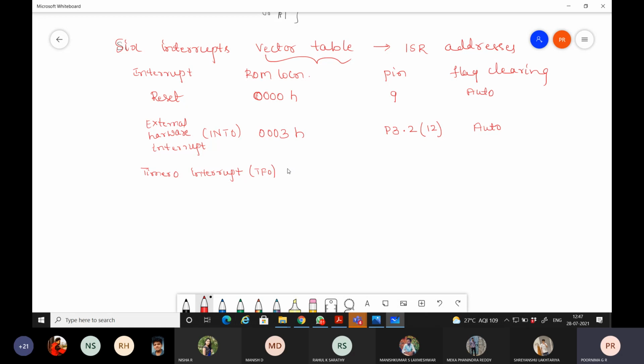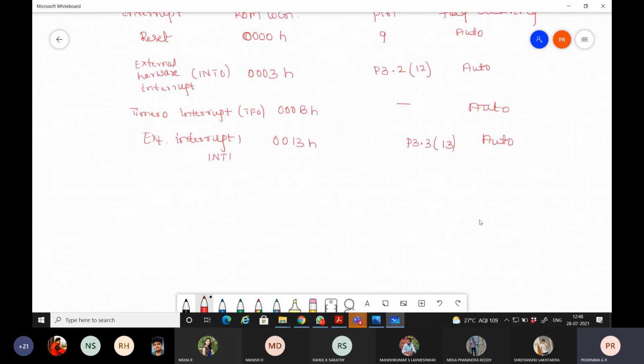It is located at 000BH, there is no pin, and the flag clearing is automatic. Then external interrupt 1, represented as INT1, has address 0013H, and the associated pin is P3.3, which is pin number 13, and the flag clearing is automatic.